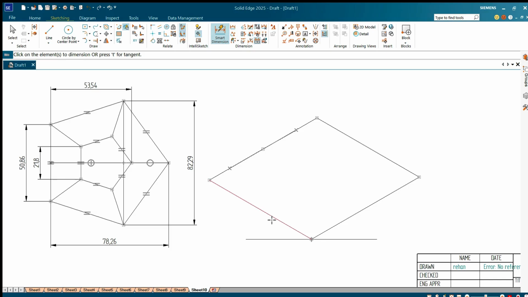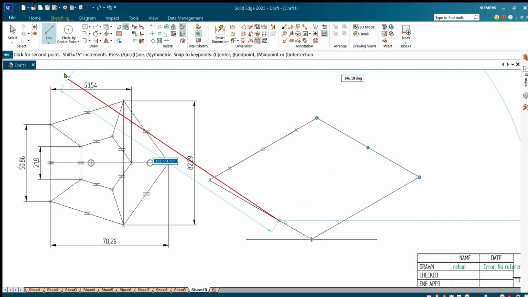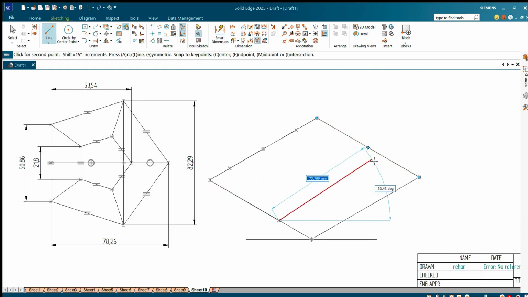You have to take the length over here and 53.43. Okay, if I take 30°,